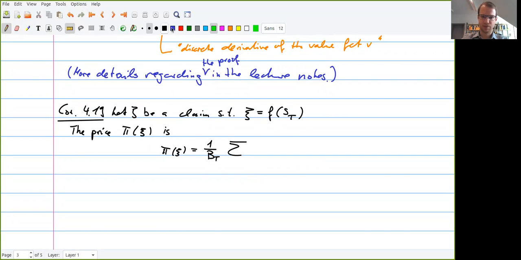So let me give you one step more. So this is correct, but me. So this is 1 over T of the expectation of this claim under the measure Q, right? And now we have here our tree in mind. So what is this expectation here under Q? Well,